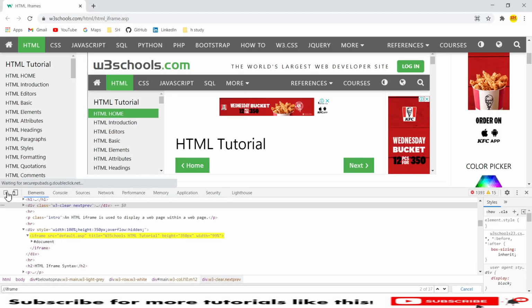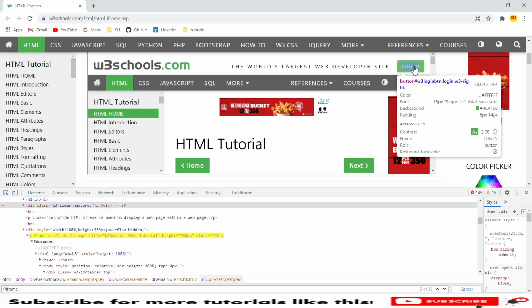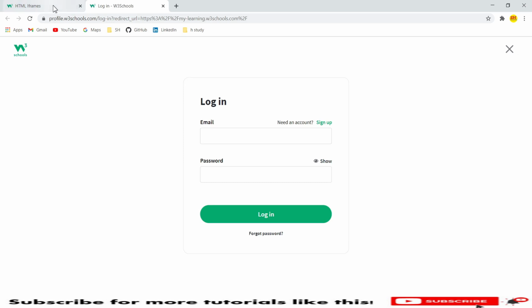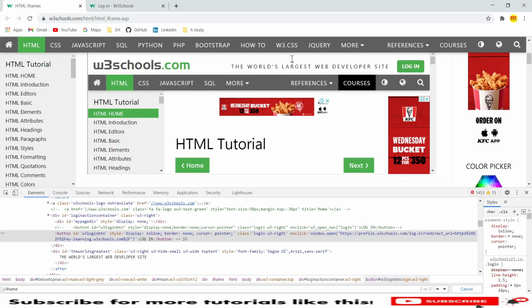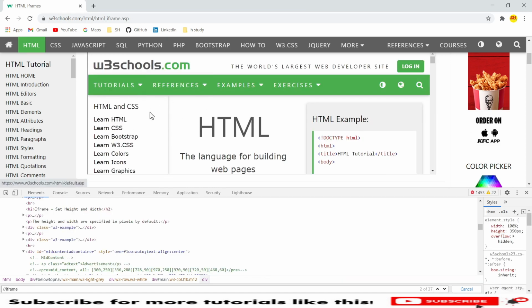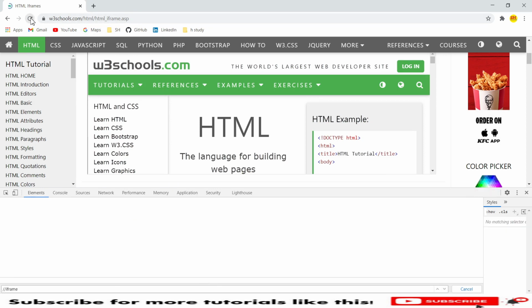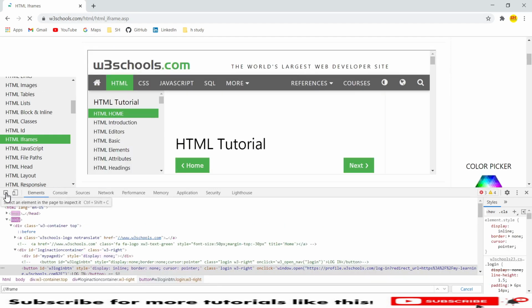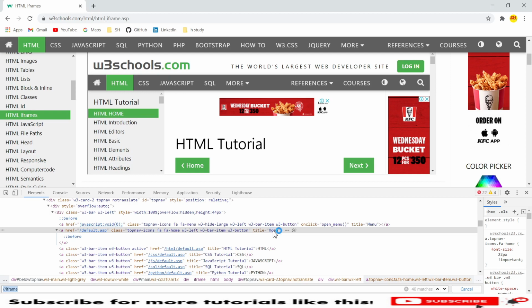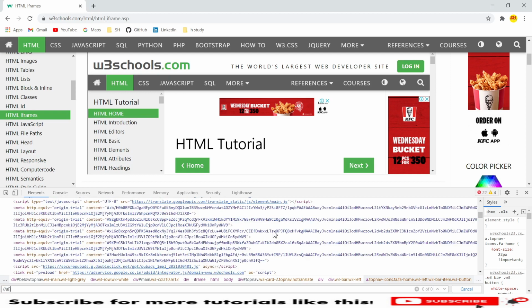Once I am in the frame, I wanted to click on this login button. But once I click on this login button, it will drive us to another page, right? So I wanted to stay on the same page. Let's try to click on this home icon. Yeah, this home icon is displayed on the same page, so let's click on that home icon. So I wanted to identify this home icon. Now the home icon has a title of home, which is in the anchor tag. So I will take the reference of the anchor tag and use the title attribute,